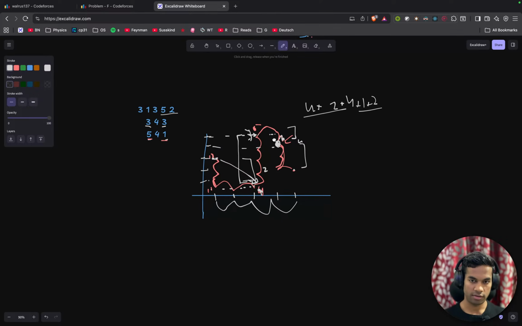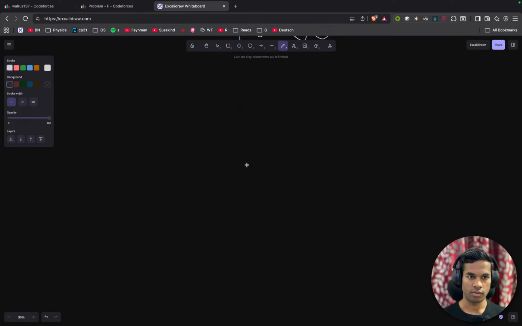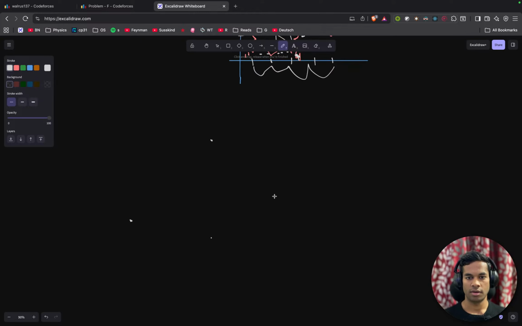Coordinate geometry. This is coordinate geometry. So we have to reduce the problem. We are at some point. There are 2 points in the next line, and there are 2 more points in the next layer. So here the best course of action would be,